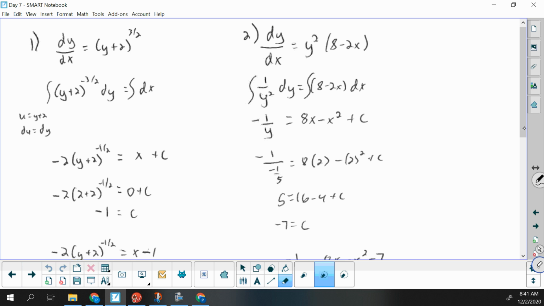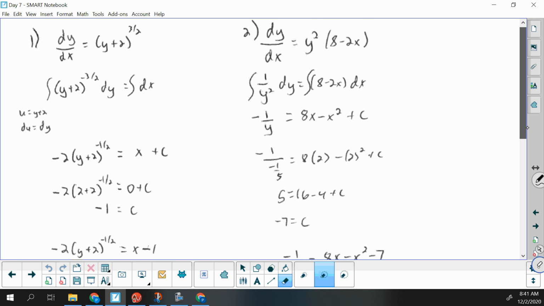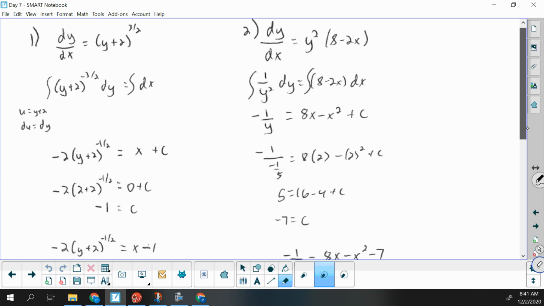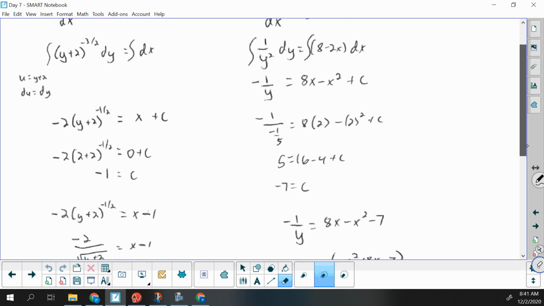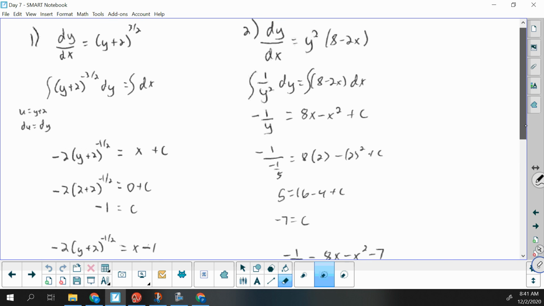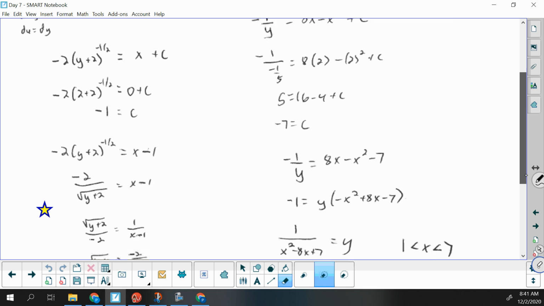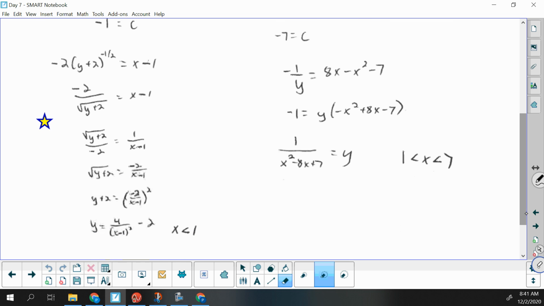So here's your worked out solutions. I'm mainly going to talk about in each of these the restricted domain. So you can pause where needed to look at the solution. So in number 1, in getting y by itself, one clever thing you could do, right before this star here,